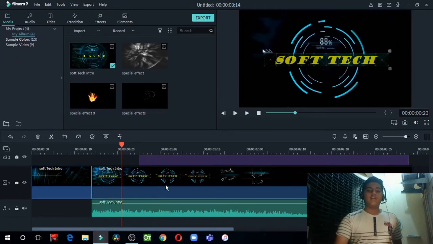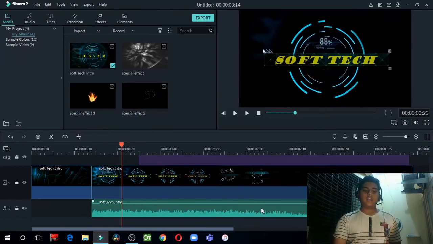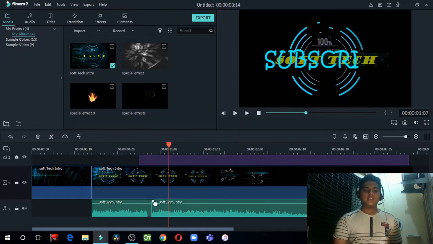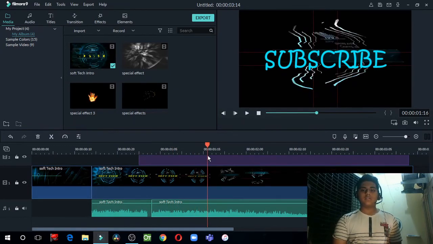Now I want to remove the audio from here to here, and that is very simple. Just select the audio track here, and place the cursor where you want to remove. I want it from here. Click this trim option. As you can see, this is trimmed here. I want to remove from here to somewhere here.